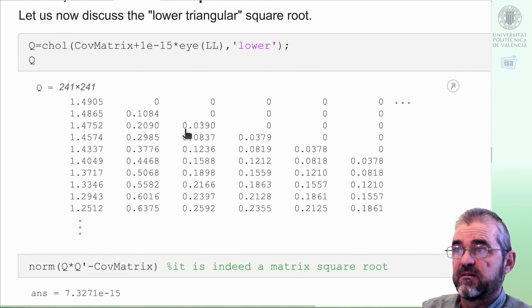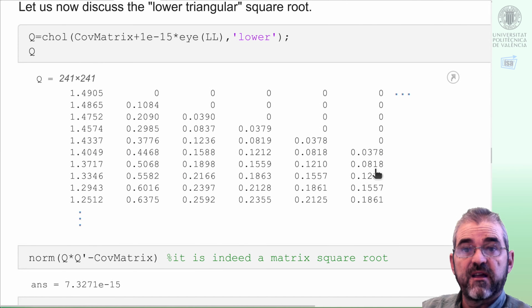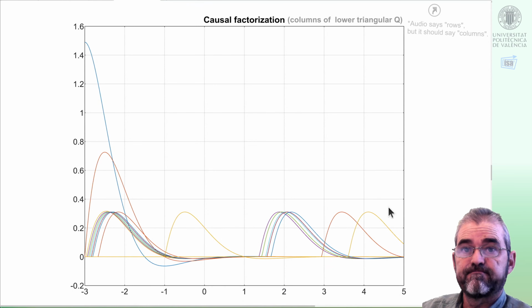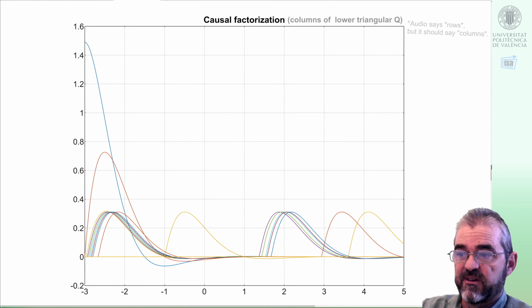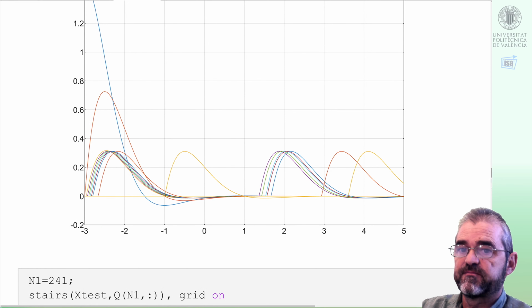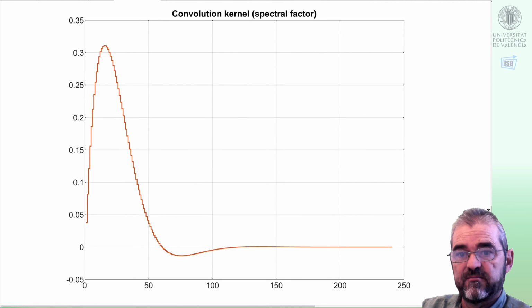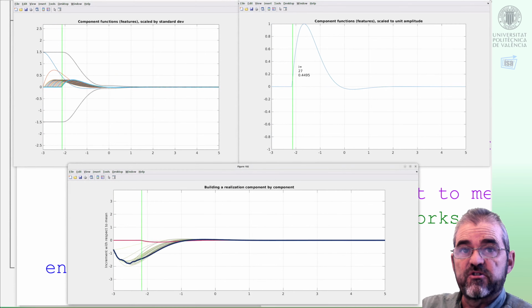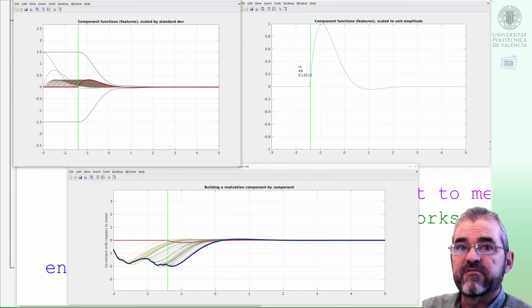If we obtain a matrix square root which is lower triangular, then we obtain the so-called causal representation, the Cholesky factor, and if I plot the rows of this Q matrix, once some initial effects have vanished, all rows are the same, and the output can be expressed with a convolution formula. Each of these rows, suitably displacing the origin to the first non-zero element in the diagonal, ends up being this convolution kernel, which allowed animating stuff so that my realizations of my random process were built, let's say, left to right,